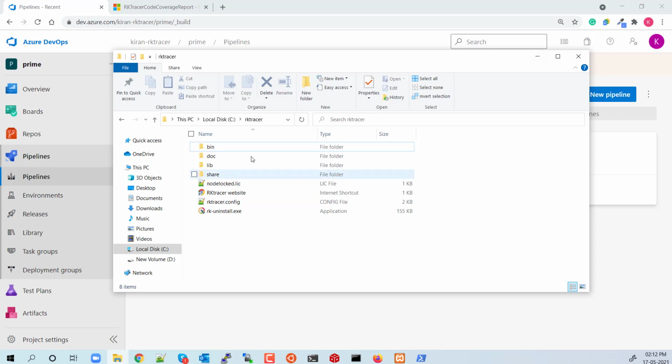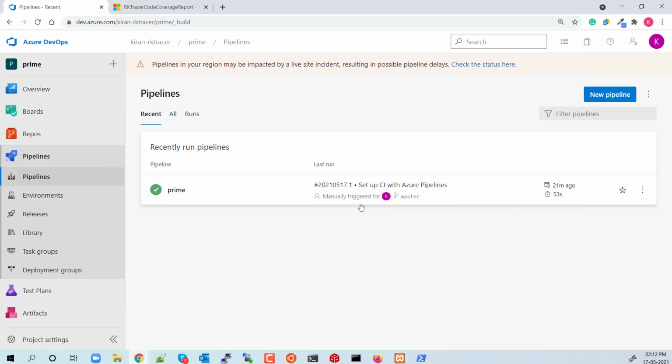You can just refer to the other documents on how to set up RKTracer with a valid license. Once that is done, the second step is to make sure that we are able to build and test the application. If you want to build and test on the local machine, and upload the reports, we can do that as well. For the time being, in this demo video, we are going to build and run the tests, and then publish the reports to